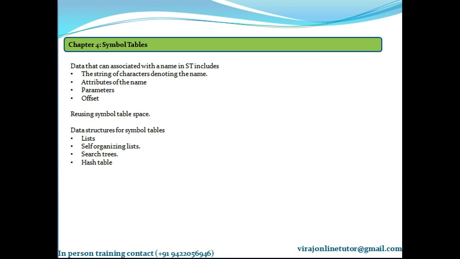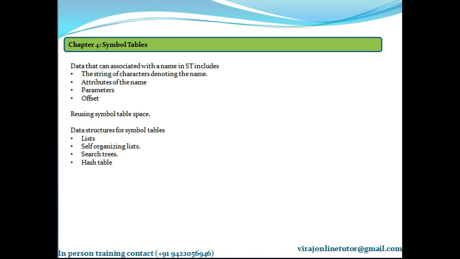Okay, so when a name is referenced or its record is first created, we move the record for that name to the front of the list by moving the pointers. So that's why I said it is a self-organizing list.